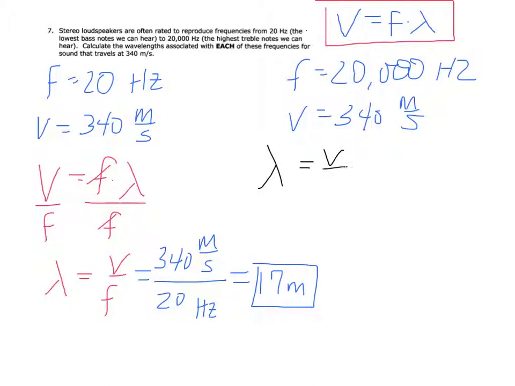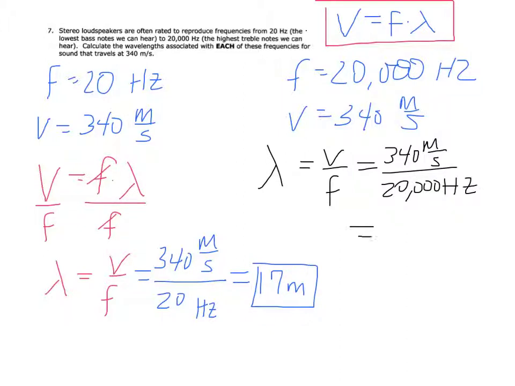Wavelength is velocity over frequency. So 340 meters per second divided by 20,000 hertz this time. And if you do that, 340 divided by 20,000, you need to move the decimal over 3 times because we've added 3 zeros in the denominator, which means you need to move the decimal 3 times to the left. So I get 0.017